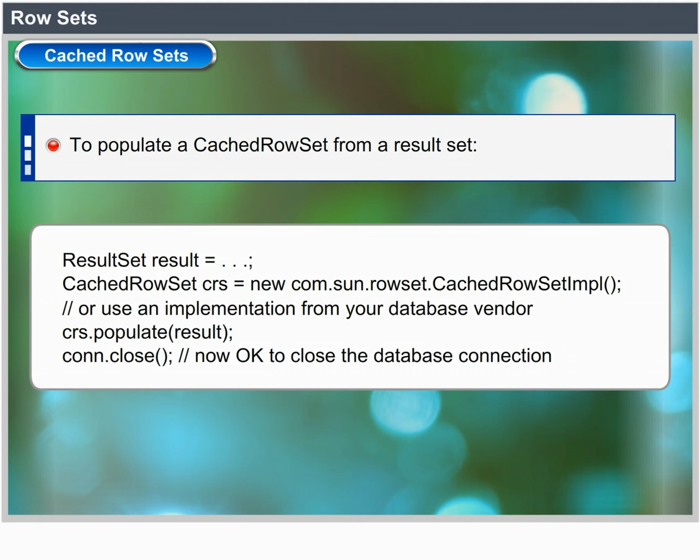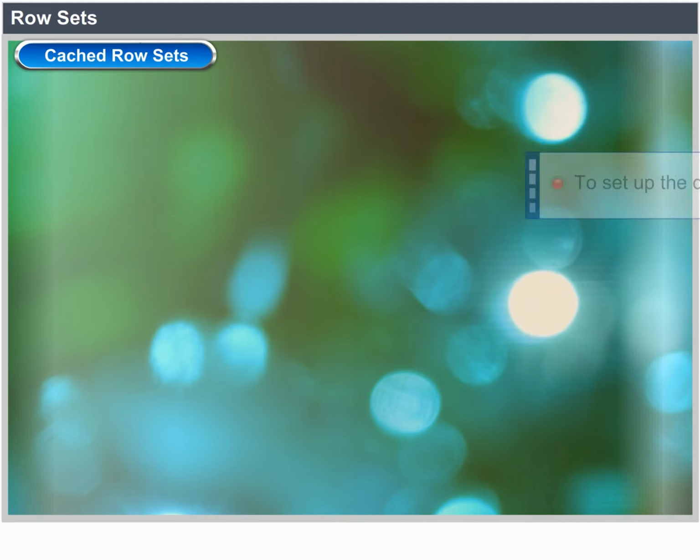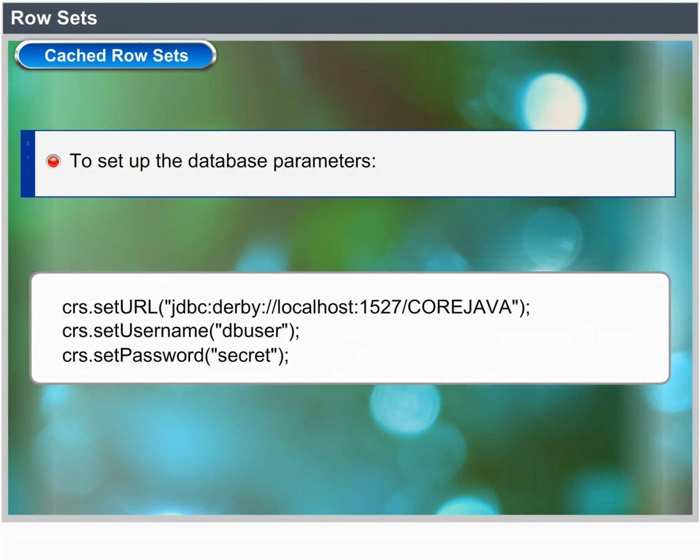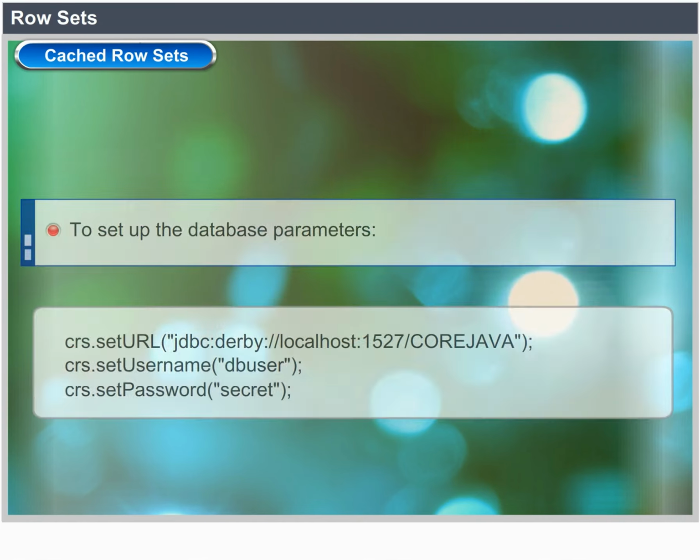Now OK to close the database connection. To set up the database parameters, crs.setURL("jdbc:derby://localhost:1527/coreJava"); crs.setUsername("dbuser"); crs.setPassword("secret");